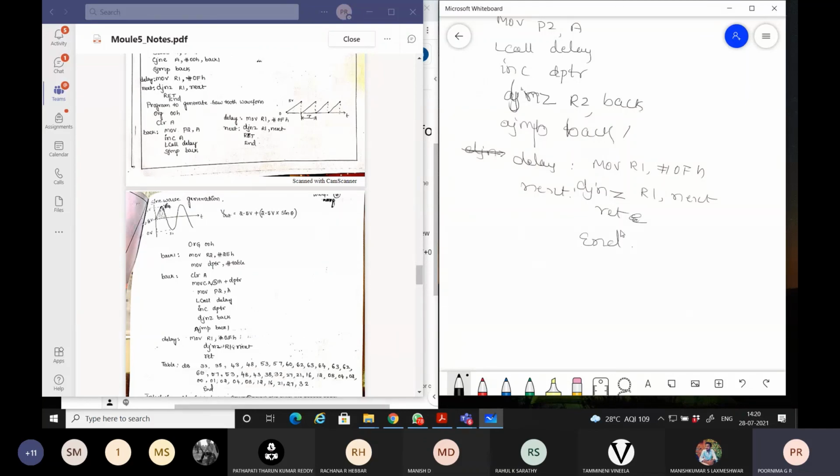Now you have to use the table values. Table values you are supposed to write here like this. Table DB, assign the values to this particular address. DB is a directive which tells the assembler to define byte values: 32, 30,